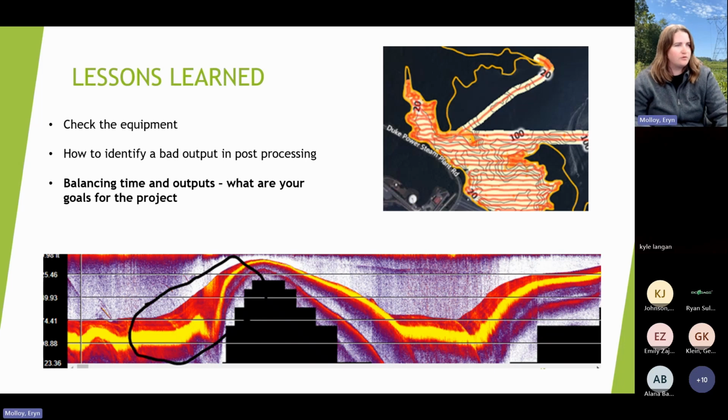And it wouldn't be fieldwork without something going wrong. We had a few lessons learned. The biggest one was just to check the equipment. Nothing was inherently wrong with it. It was an operator error where we had crossed over a boom and kind of pushed the transducer into a cockeyed offset position. But through this, we were able to figure out, now we know if we see a bad